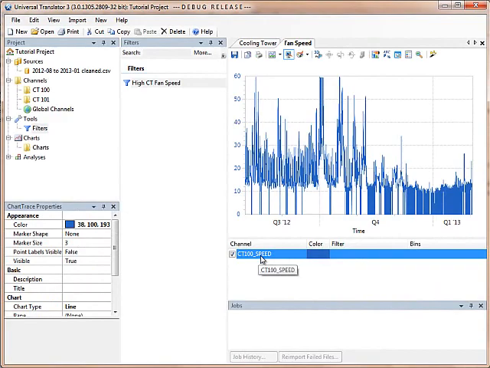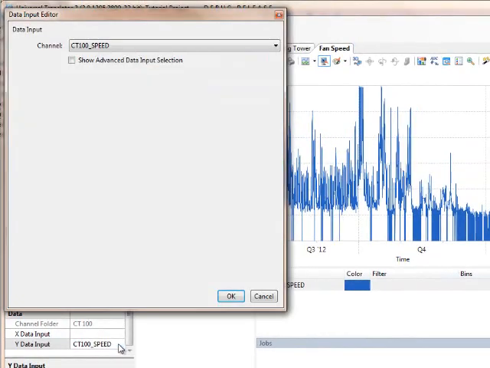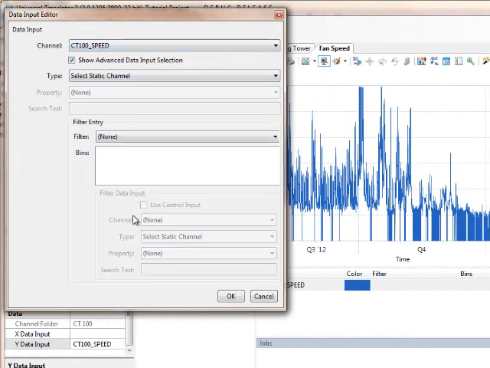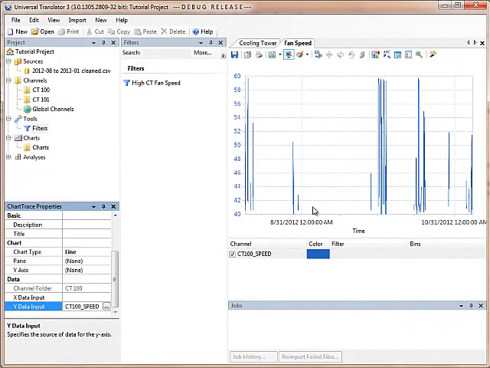I'm going to apply that filter by clicking on the channel, and just as we did for template graphs, I'm going to look at the definition of the channel itself. So scroll down to the bottom of the properties, and when I open it up, it's a simple static channel because I just dragged it in there, but I'm going to make this an advanced selection, and in this case not to make the channel variable but to apply a filter. So when I've applied the filter, now automatically I see only the values from 40 to 60 Hertz,